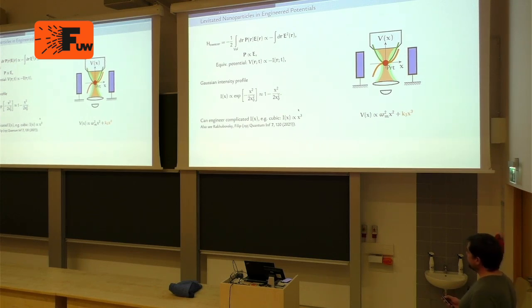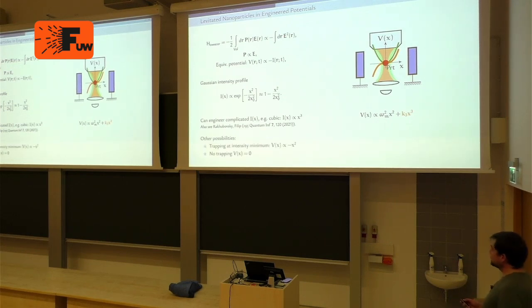And the people in Vienna now want really hard to do this at the quantum level. Right. We can think of, let's say, further possibilities. So if somehow we manage to trap the particle at the intensity minimum, then we will have the inverted quadratic potential of motion. And what's even more atypical for the, let's say, if your